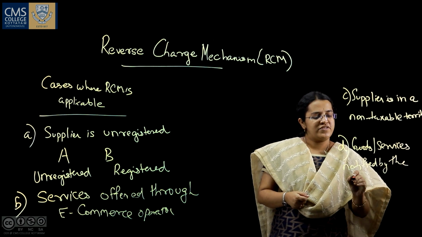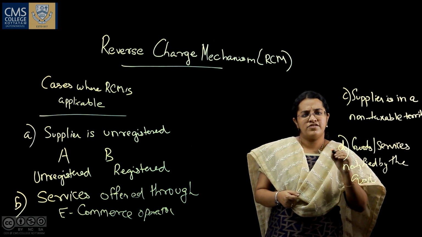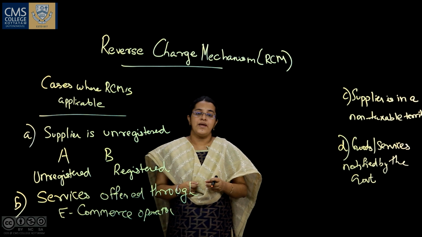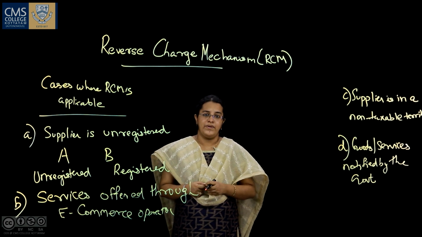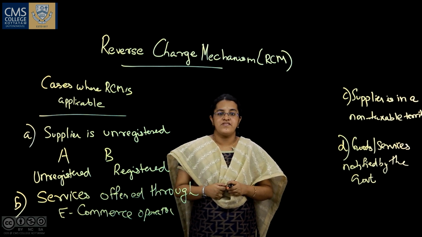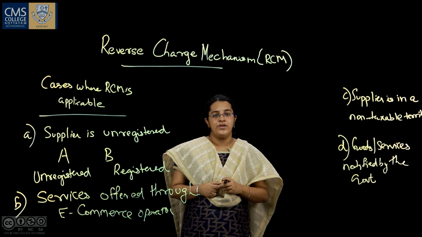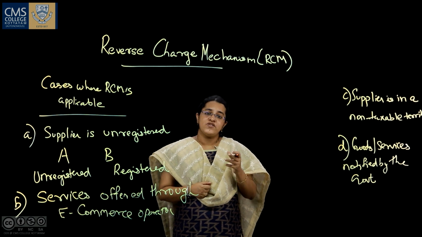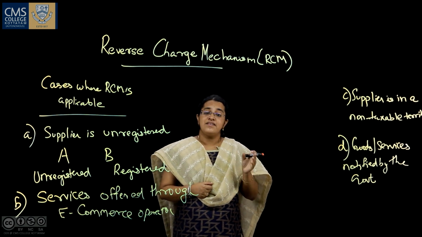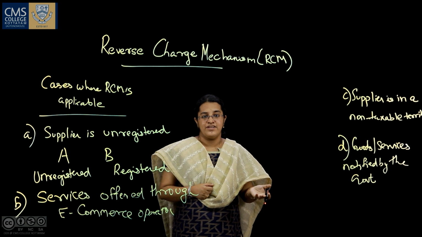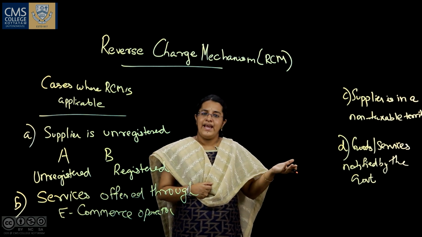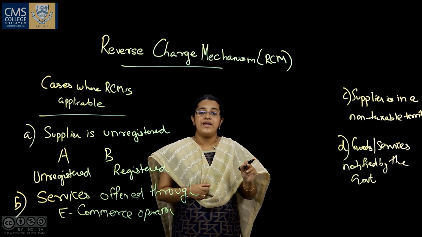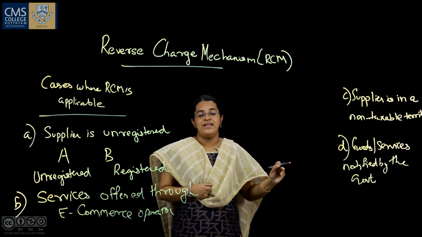The government also issues a list of goods and services wherein the recipient is liable to pay GST to the government. Some of the goods or services notified by the government include cashew nuts, silk yarn, lottery. So, in case of cashew nuts and silk yarn, the supplier is the agriculturist. The recipient might be any registered taxpayer, but the liability to pay tax falls on the recipient, that is the